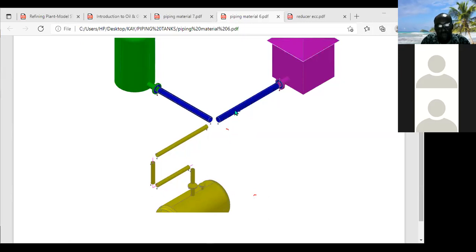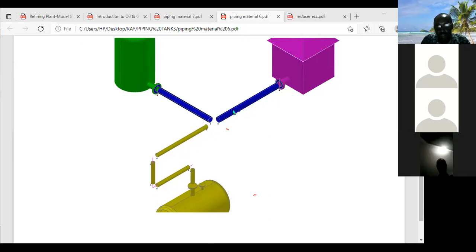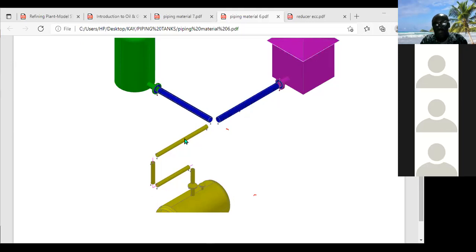So this blue pipe is 6 inch, while this yellow is 4 inches. But before you can connect these two pipes together, you need a reducer. It might be concentric, it might be eccentric. But since this is 6 inch and this is 4 inch, and flow is moving from here to here, you are going to need a